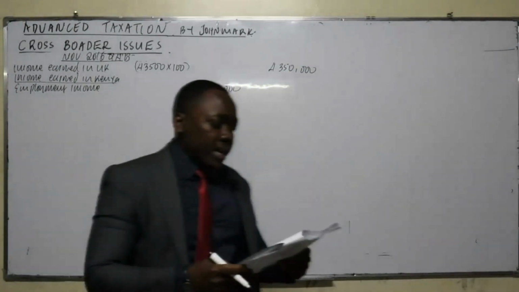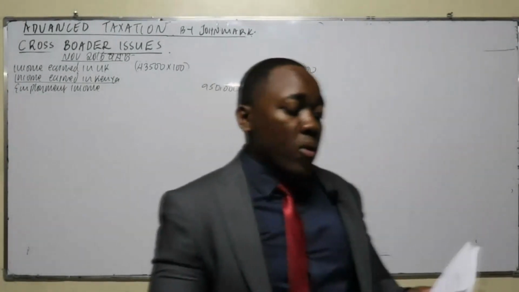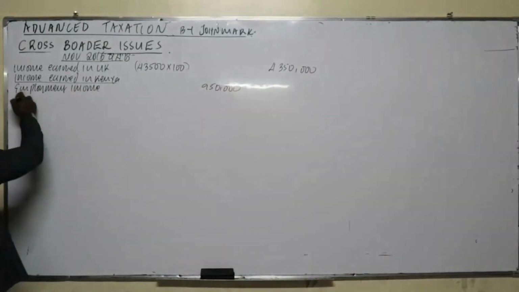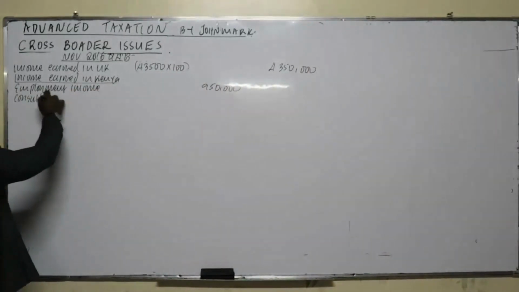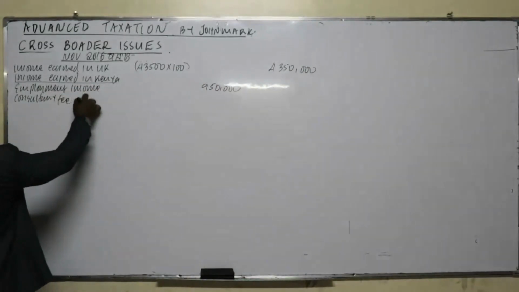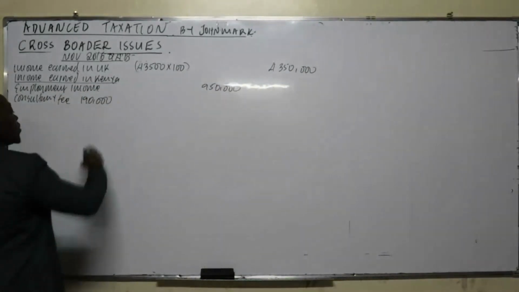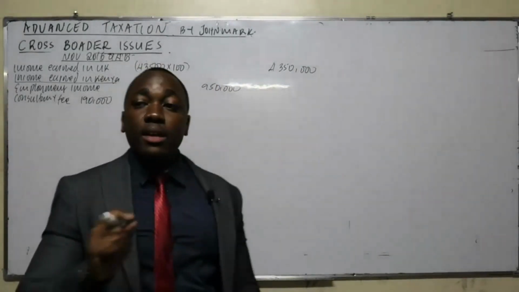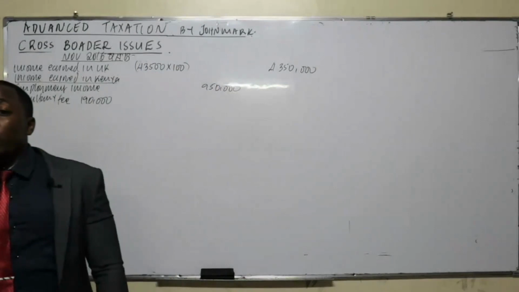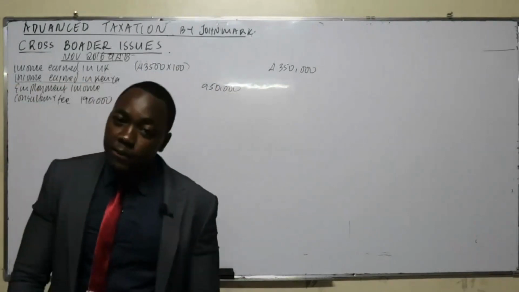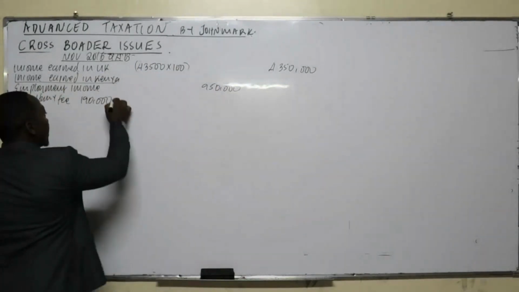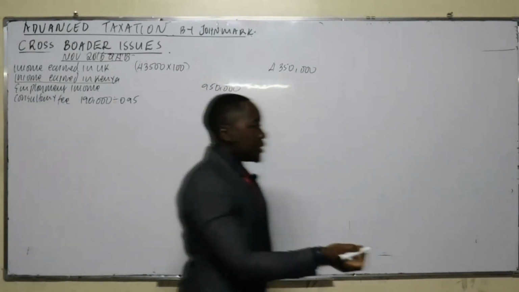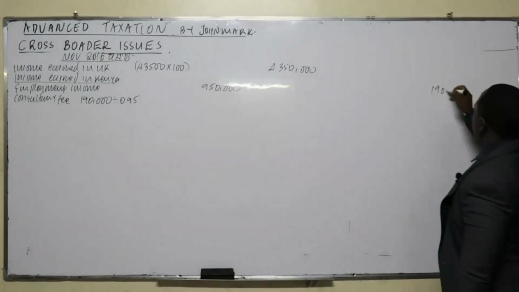Further, he had provided consultancy services at a fee of 190 net of withholding tax. Consultancy fee. He received an amount of 190,000, but it was net of withholding tax. We usually assess the gross income. We have said that withholding tax is at the rate of 5%, so you divide by 0.95.